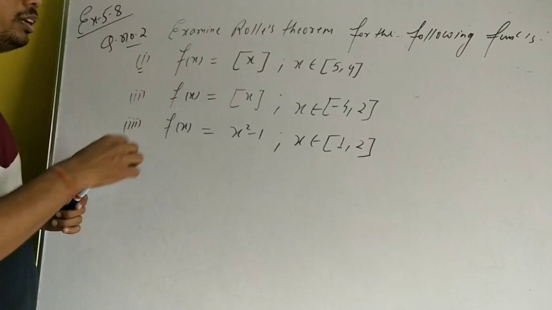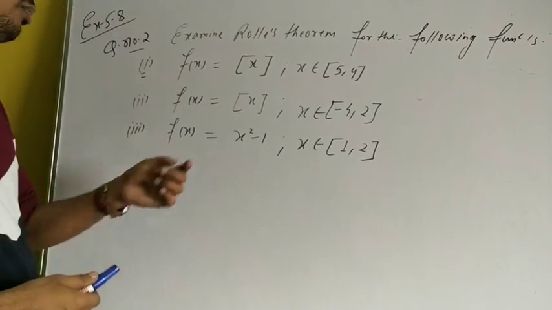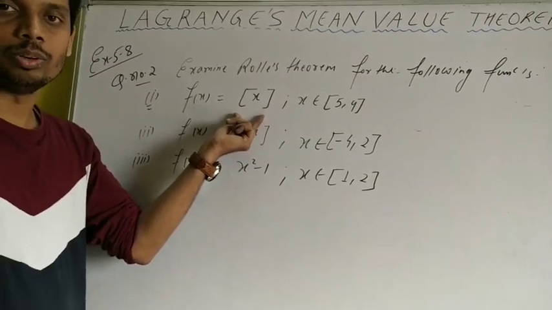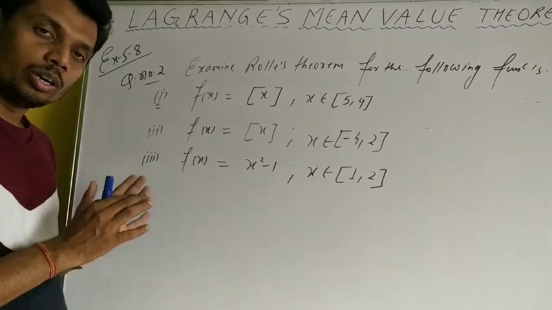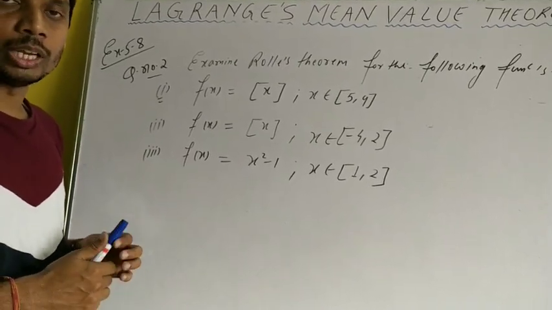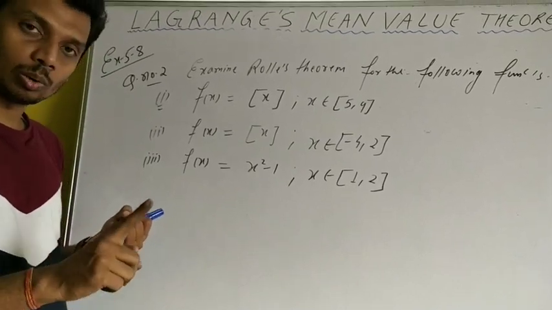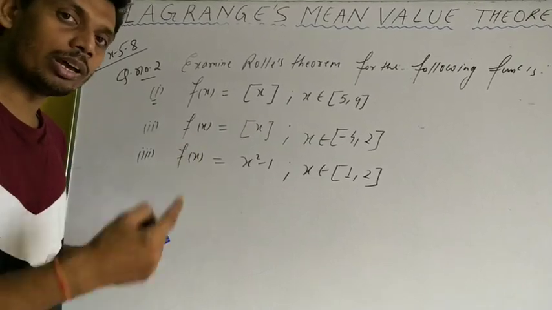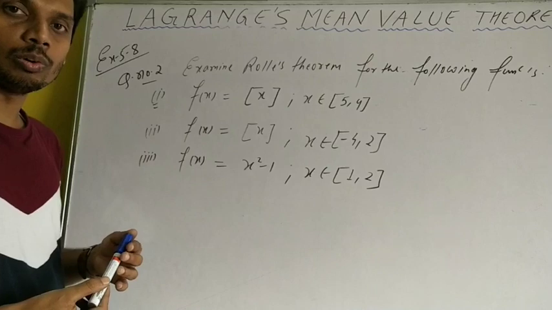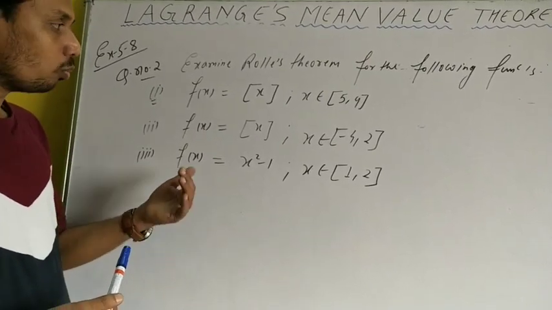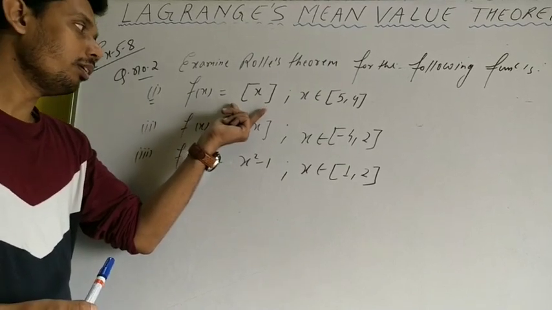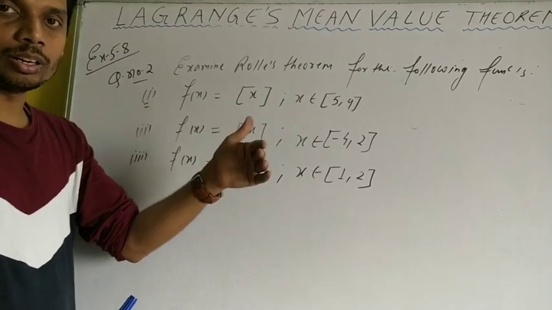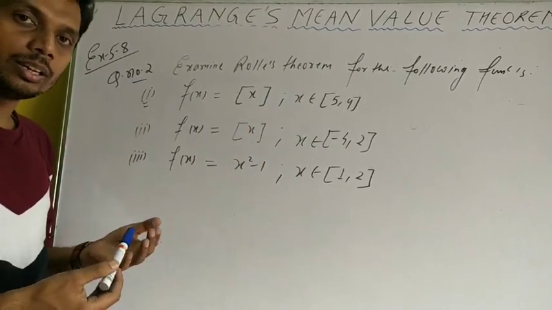Now see, this is the integral function, isn't it? And we know that the integral function is a discontinuous function. In the very first condition we have discussed that in order to hold Rolle's theorem, the function must be continuous in the closed interval, differentiable in the open interval, and f(a) = f(b). Then we go for the value of c in such a manner that f'(c) is equal to 0. So in the very first step, what we are observing here is that the given function, being an integral function, is discontinuous. This function is not continuous.